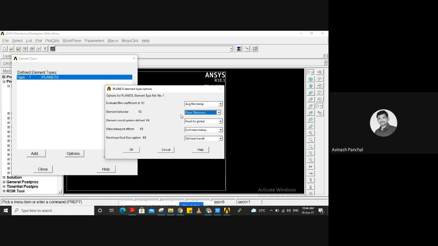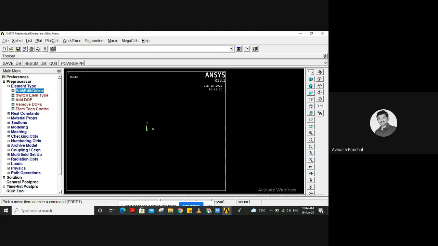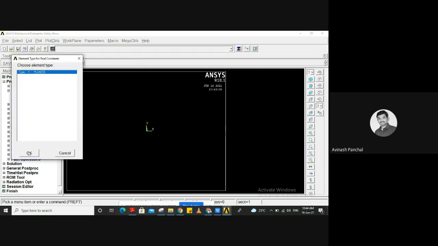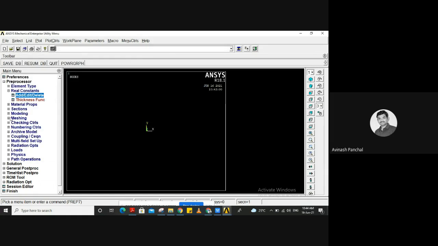Plane has thickness, click on OK, close, then real constants, add edit delete, add, OK. So apply the thickness of this one as 1. Click on OK, close.